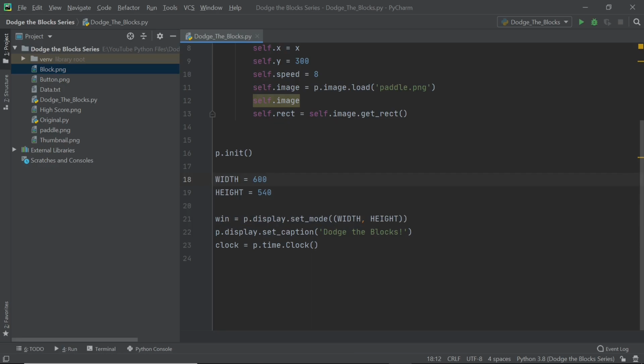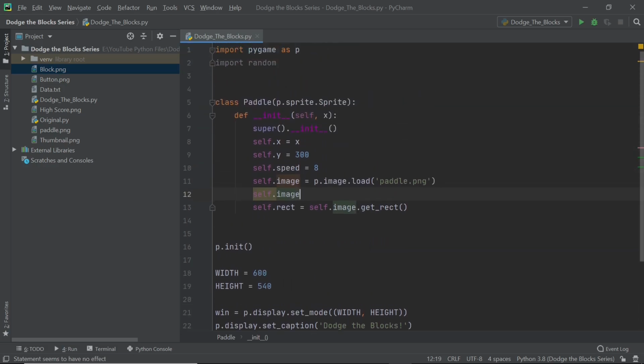So this is just going to create a window for our game, and we're going to set the caption of the window to be Dodge the Blocks, and we're going to set up a clock for the frames. Basically our game's going to run at 60 frames per second, and you could bump that up if you want, but just so that you know, if you do bump it up, everything is going to run way faster. So just be a little bit careful when you're bumping up the frames, because it's going to be a pretty tricky decision to make.